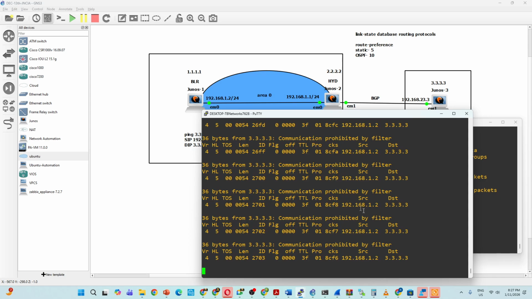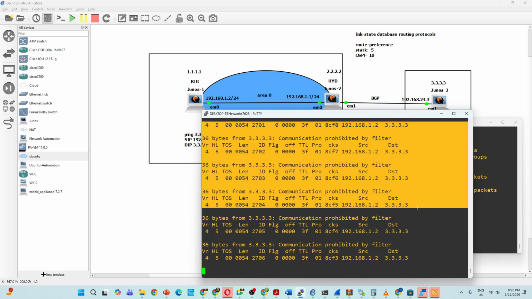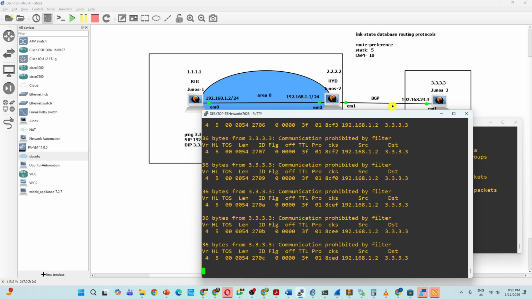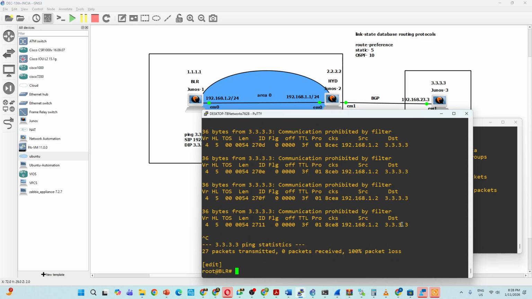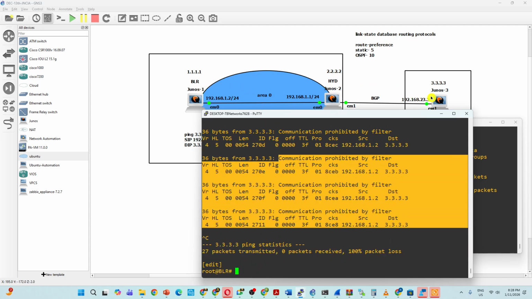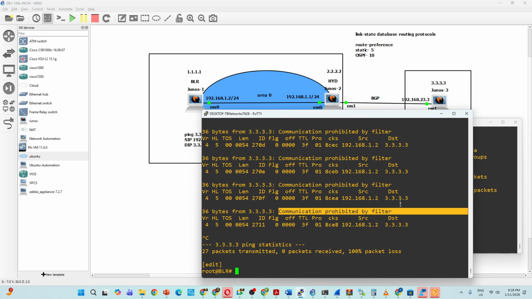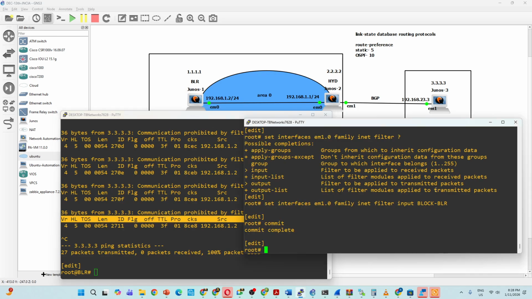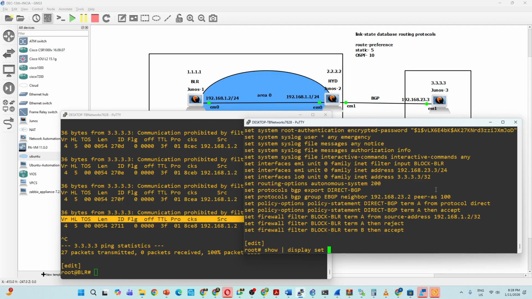So the hacker comes to know. So this is a pop-up. If you give reject, the destination, whoever is blocking the traffic, is giving information to this Junos 1: Hey, the communication is prohibited by the filter. See, 27 packets transmitted, 0 packets received, 100% packet loss. However, this Junos 1 guy is getting information that someone blocked me, right? Yes or no? Someone blocked me. This guy blocked me. Okay. So if you don't want to tell this information to Junos 1, simply instead of using reject, use